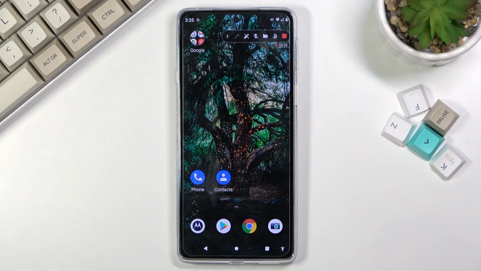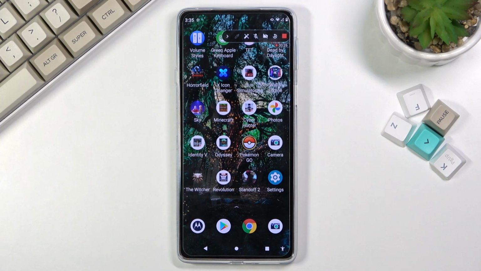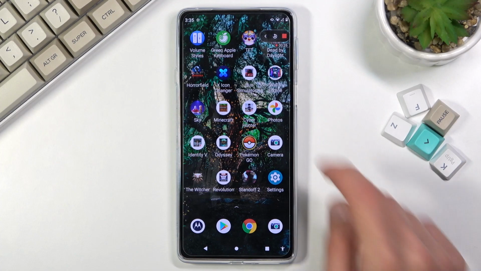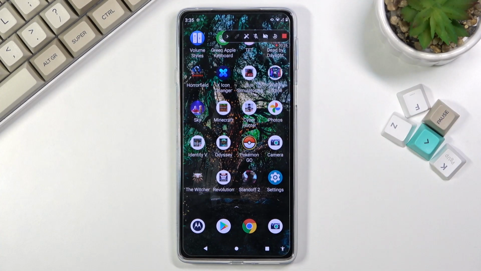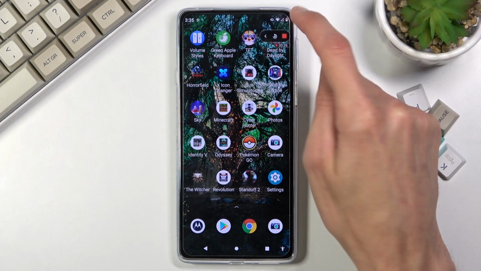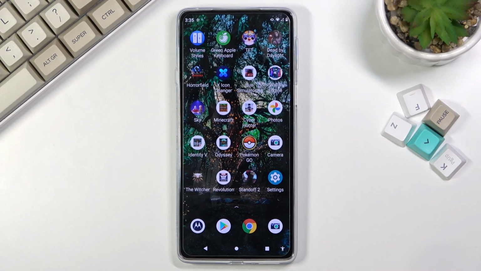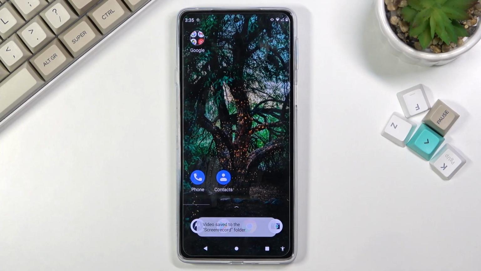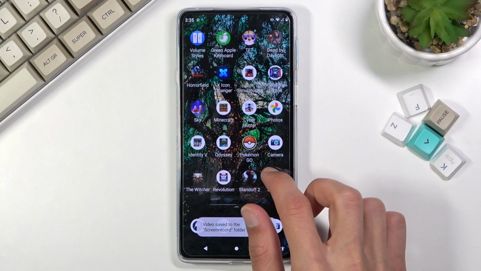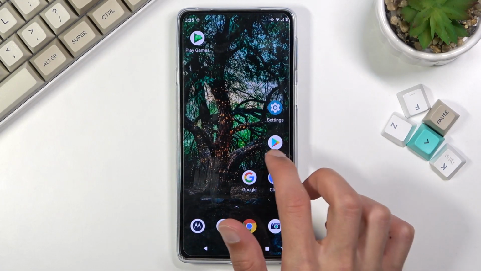You can also pause the video, so you can open up some app or load something up and then resume the recording, which will basically, from the recording standpoint, remove the wait time that you had to go through, so it will be basically instant. And once you're done, you can tap on the red square and this will automatically save the video to your gallery application. So I'll quickly find that application,